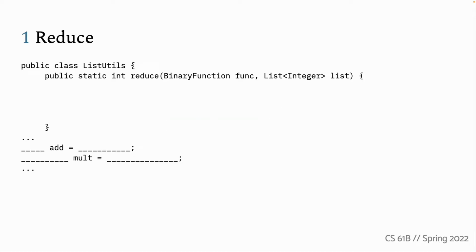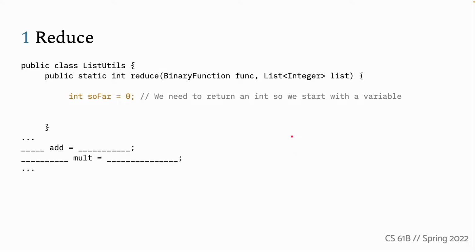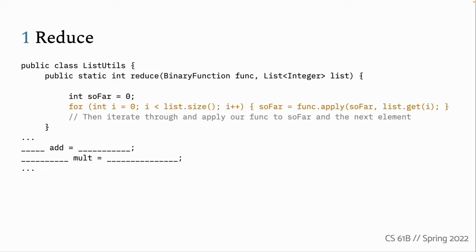Okay, welcome back. Let's go over it. So, first things first, we want to start with this function up here. So we want to iteratively reduce the list using the function that we're given. So let's start with having some sort of variable that is what we have so far in our reduction. Makes sense. And then we are going to create a for loop that iterates through the list from 0 to list.size and applies our function to what we have so far and